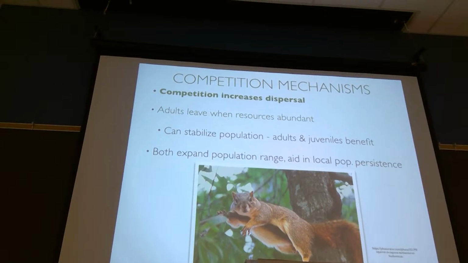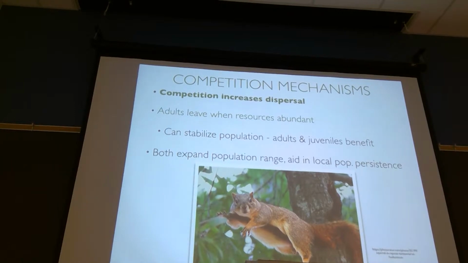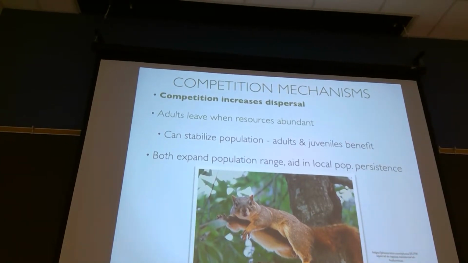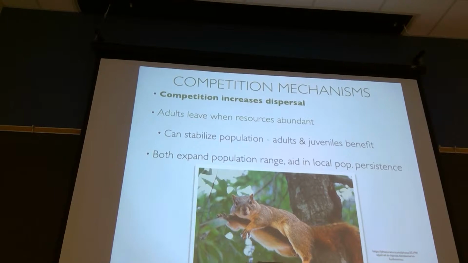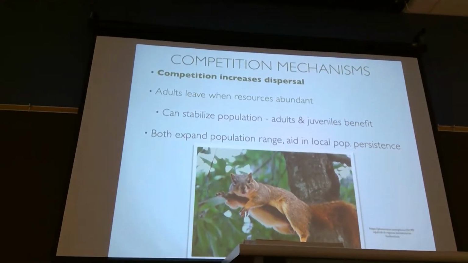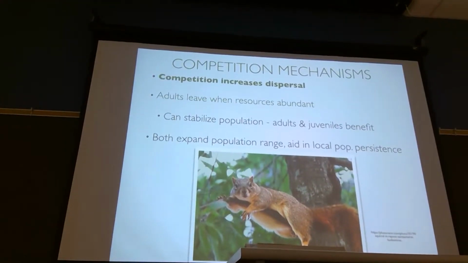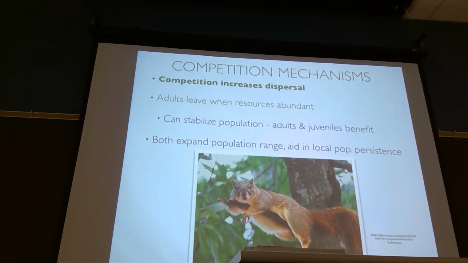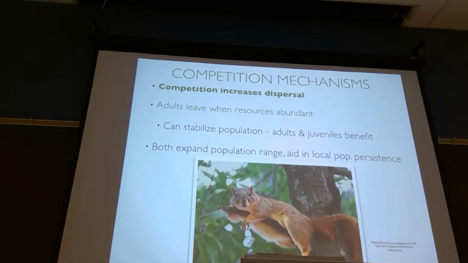This type of adult dispersal helps to expand the overall population territory and range that the whole species encompasses. It increases carrying capacity by expanding range. And it can aid in local population persistence. If you lose a bit of the territory, then you just expanded into new territory. So in terms of conservation management, having adults that disperse from a species is more resilient to habitat destruction and climate change than if it's the juveniles that leave and the adults that are very resistant to change.